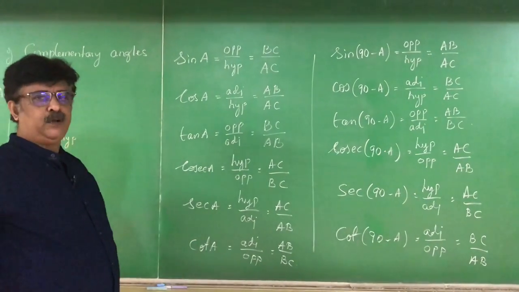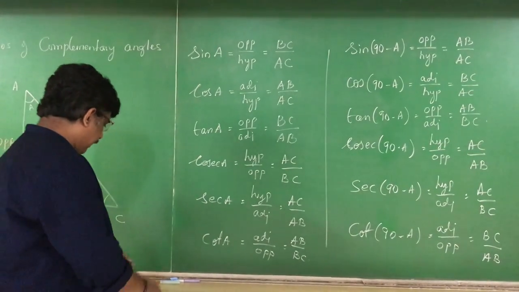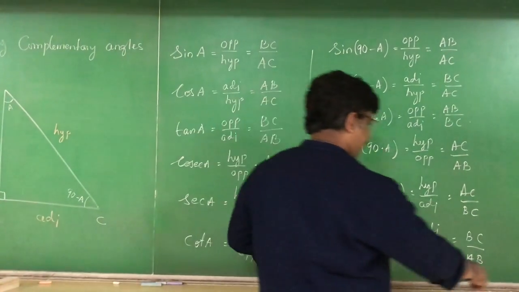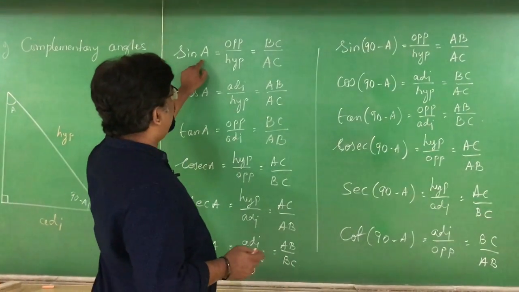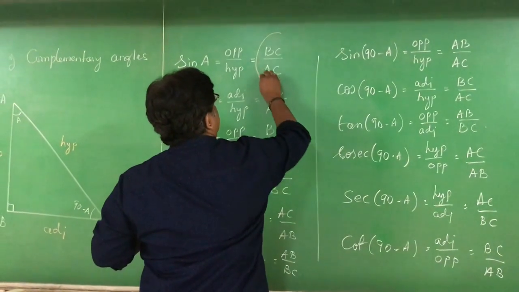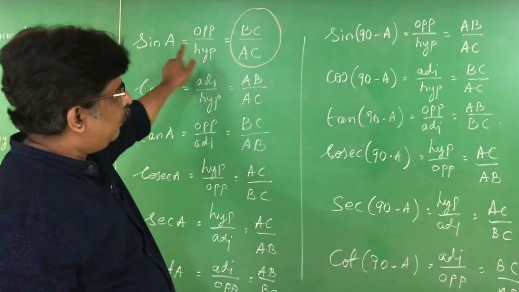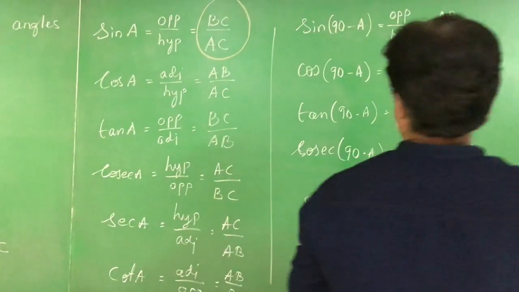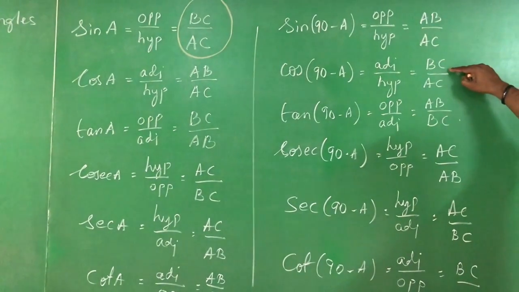Now, this is the time for us to analyze. Simplest thing it is. Now I analyze. I start using some different colors. You can understand. See, sin A is equal to BC by AC. BC by AC is equal to sin A. Now here I see where is BC by AC. BC by AC I want. This is not BC by AC. See, this is BC by AC.